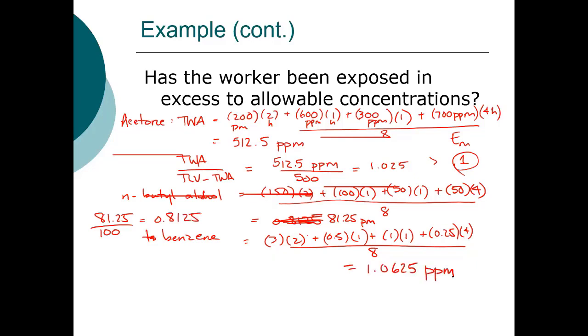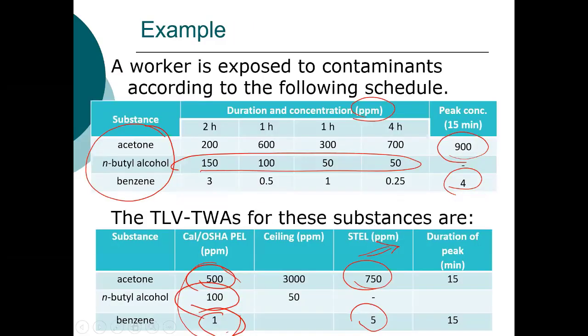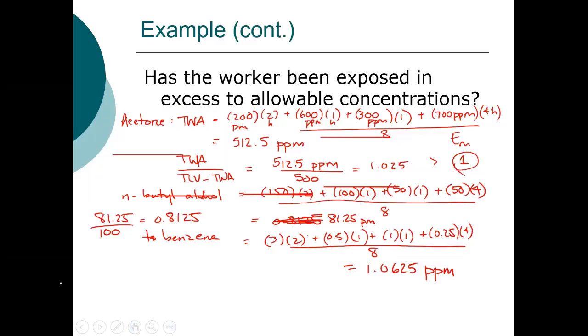So I apologize there. And we'll look here, the PEL is 1. So if we divide this 1.0625 by the PEL, that is 1.0625. So that is greater than 1, which is our cutoff for the equivalent exposure. So we have actually two chemicals here that, even without exposure to any other chemical, we have a problematic situation that would need to be resolved.